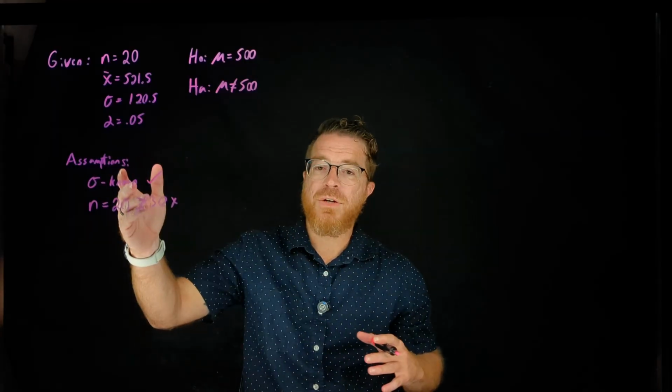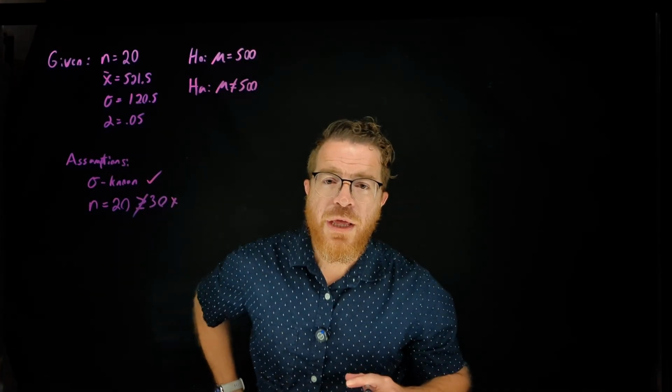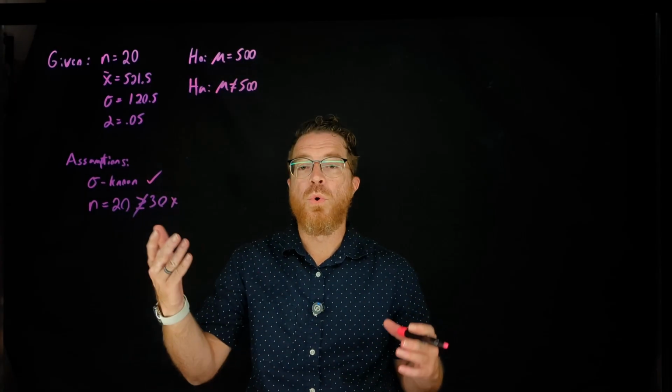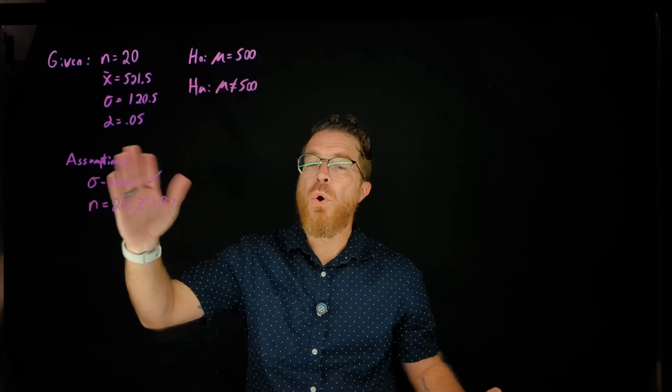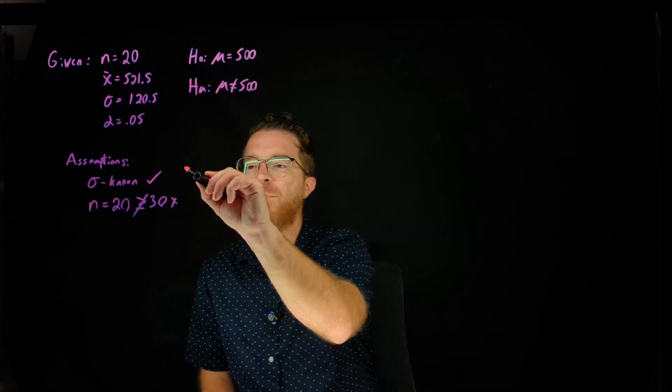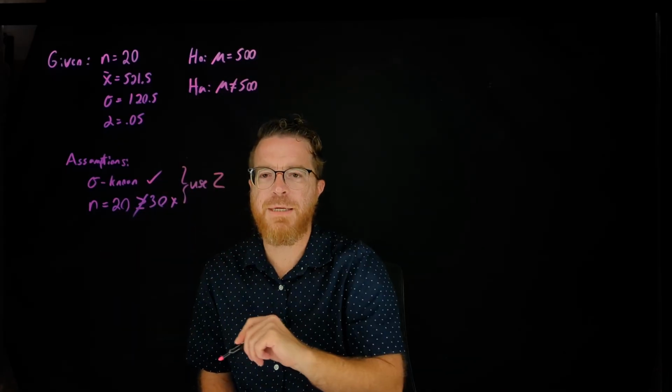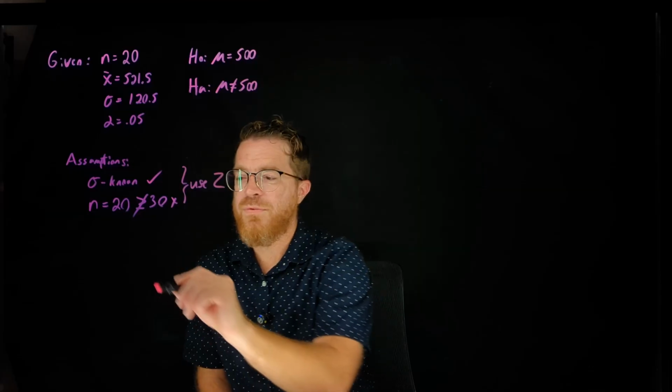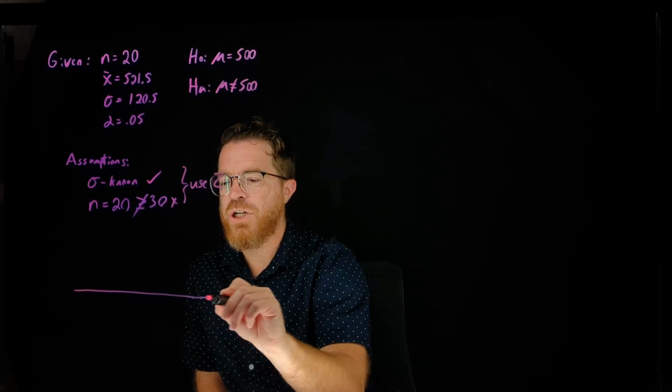Now, if you remember when we're checking our assumptions to see if we can use a standard normal, one of these must be true. It's an or statement. Sigma must be known, or n must be greater than or equal to 30, or both. So in this case, we're going to use our standard normal. So use z. So the next thing we're going to do, we're going to find our rejection region,